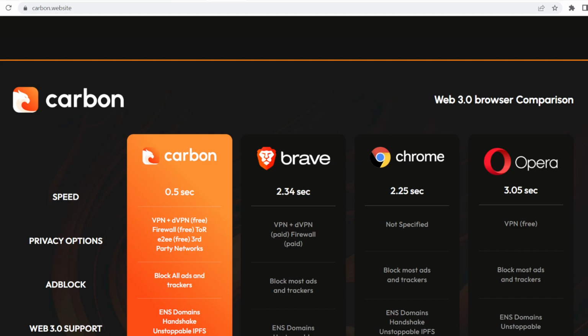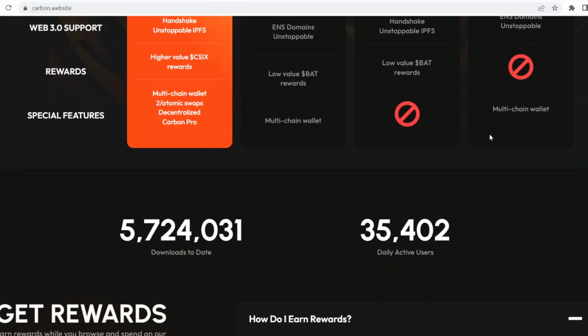browsers. If you don't know, Brave browser's native token is BAT, Basic Attention Token, and it has a lot of market share in this particular category. We will use it as the benchmark to estimate how much it can potentially grow and the market share it can achieve. But one notable thing that you'll see over here, it has a lot of downloads till date, 5.7 million downloads and